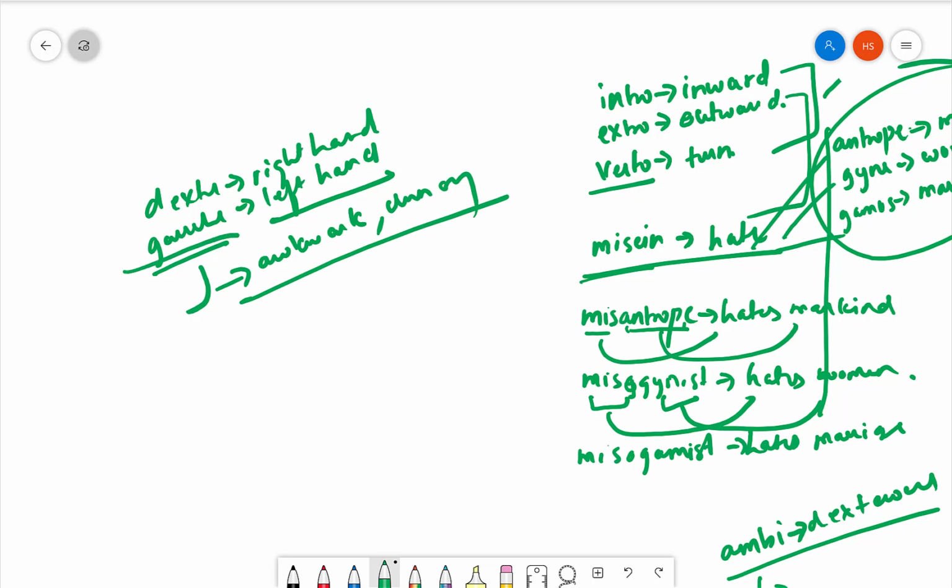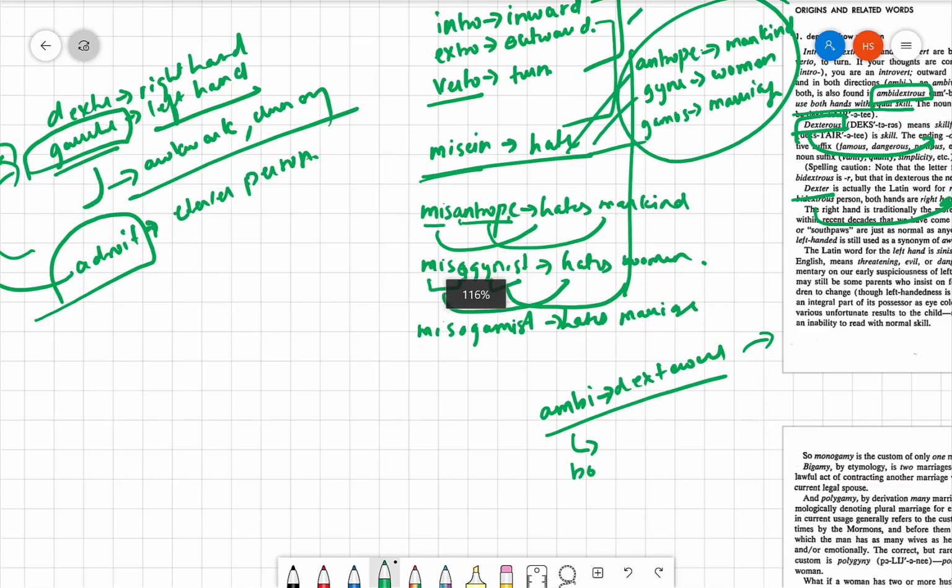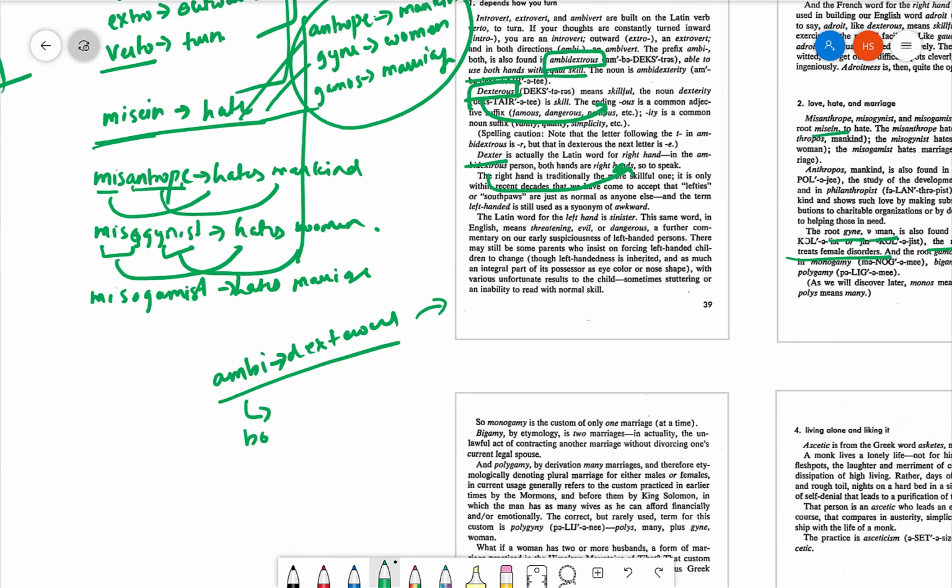You can say gauche is the opposite of adroit, which describes a clever person. It is similar to being dexterous, being skillful, but in a mental manner. Mental manner means he would be clever in making decisions, and skillful with his mind. That is what adroit means. Adroit and gauche can be considered exact opposites. The last word we'll be learning today is sinister. Sinister means threatening, evil and dangerous.